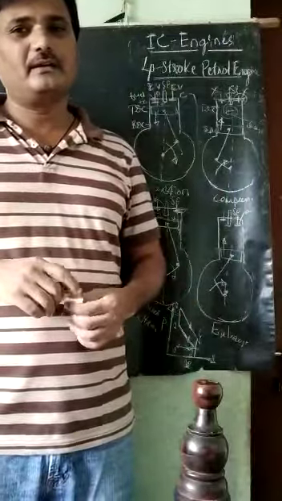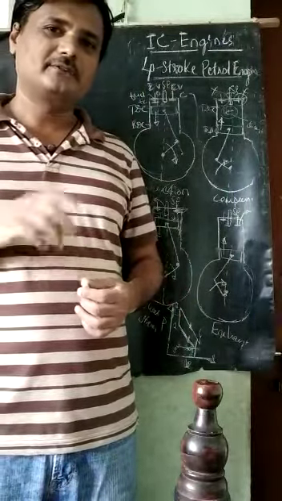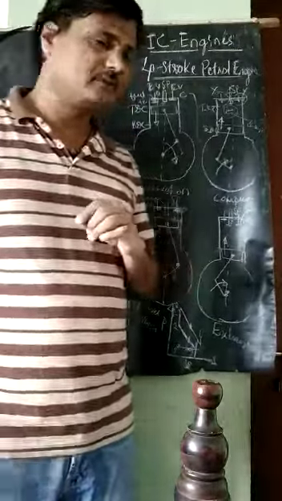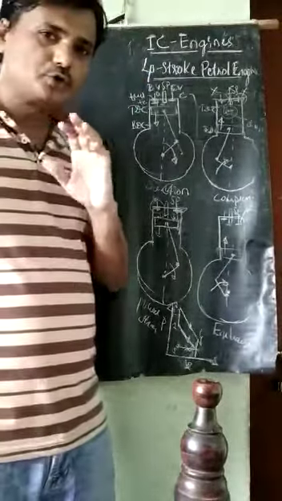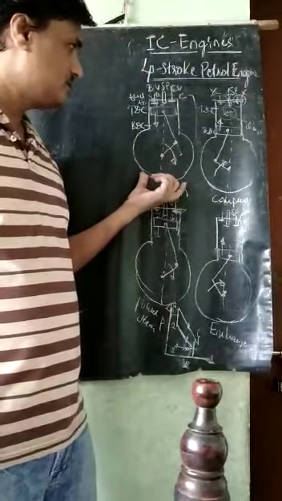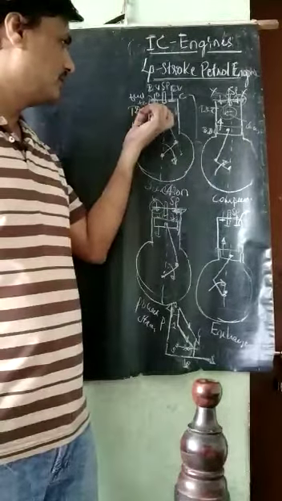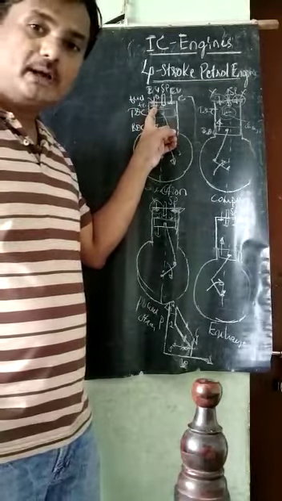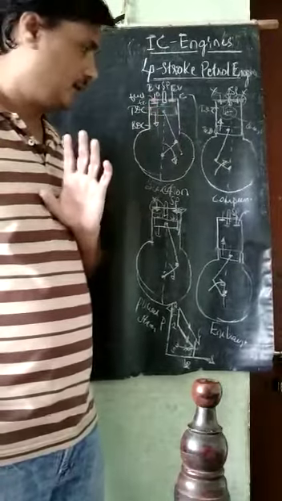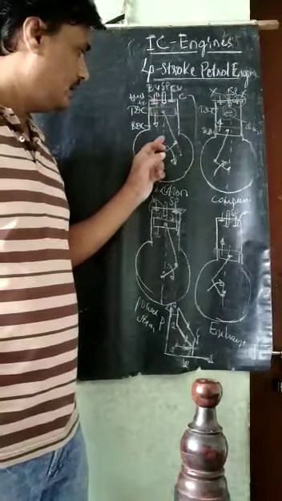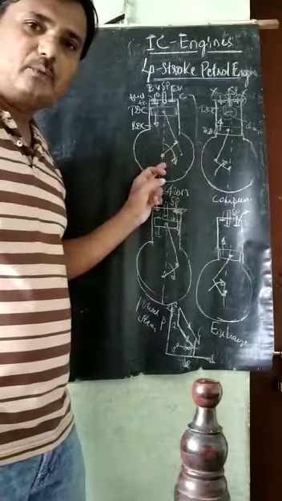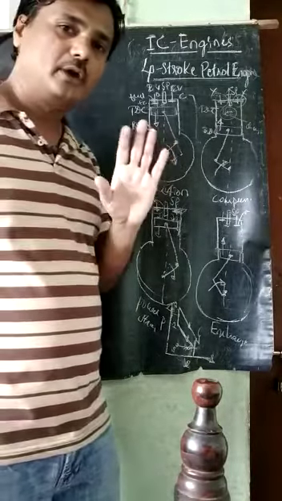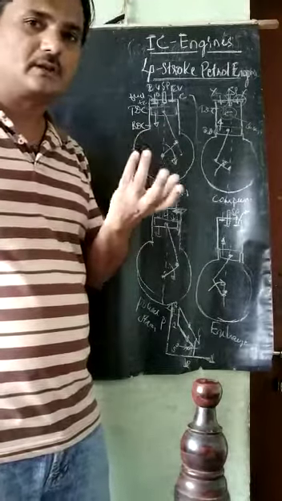As we are studying the working principle of the four-stroke petrol engine, we studied in the previous video lecture that there are four strokes. One is the suction stroke. The piston is moving from the TDC to BDC. In that case, the inlet valve is open and the exhaust valve is closed. Half a revolution of the crank takes place here, and the energy is taken from the stored energy in the flywheel or else from the motor.